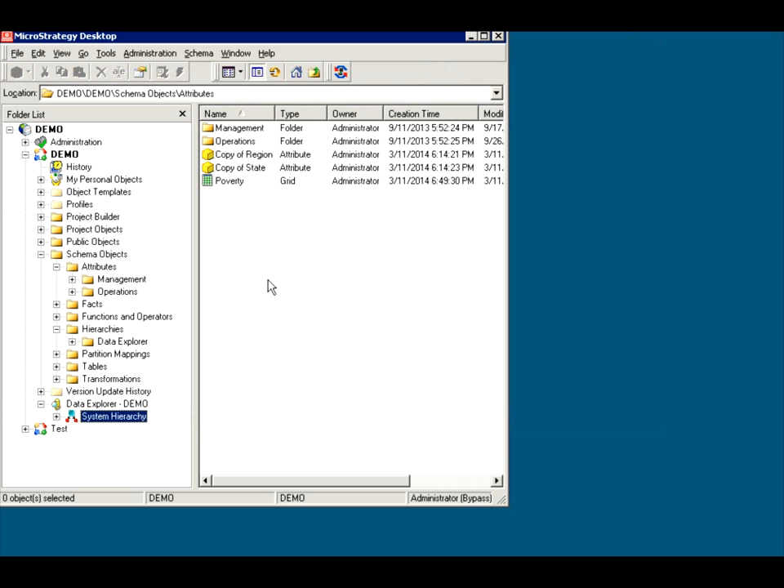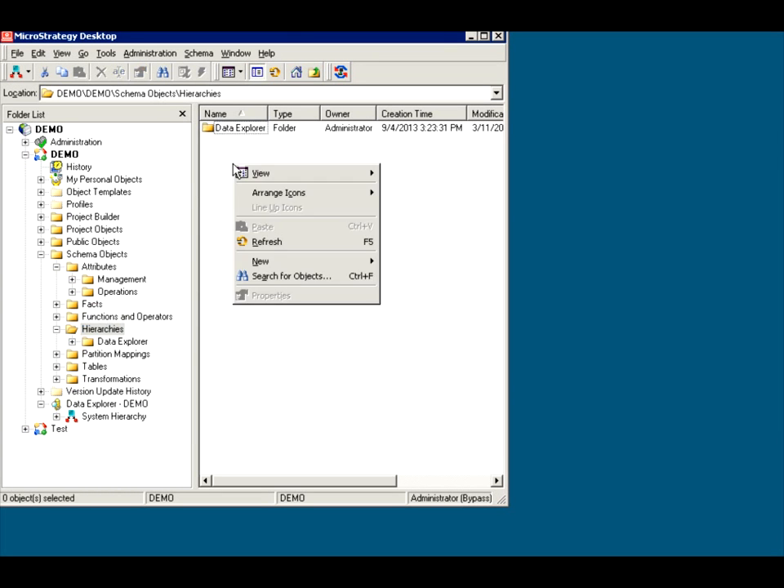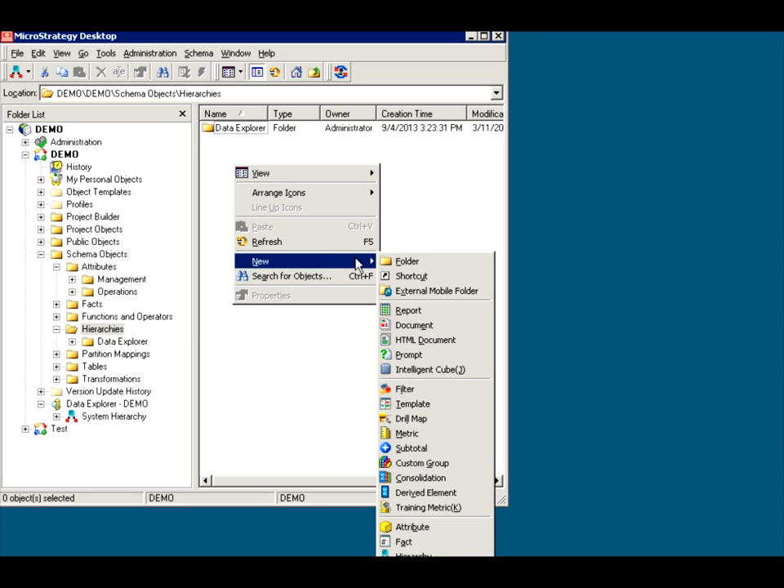Now let's talk a little bit about user-defined hierarchies. So we saw how the system hierarchy enables that kind of logical relationship. But how can I create some hierarchy for browsing and for prompting, etc.? Well, you have to create a manual hierarchy. Let's create one here under hierarchies. It's a schema